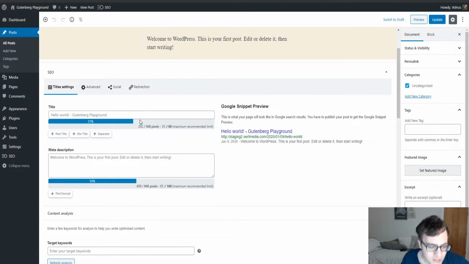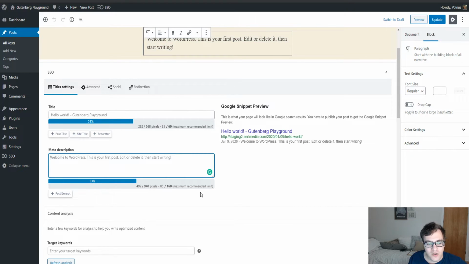But here's what I do like. I like the fact that the snippet preview is always visible, and I like that they make clear cut, okay, you're using 51% of the total length that you can have, and it measures it in pixels. It's in addition to just character counting or just giving you a blank bar. It's good to have that other information, but more or less, if you have a good signal from what this bar is, then it doesn't matter. So if I paste this in here and I paste it a second time, now what we know is, okay,